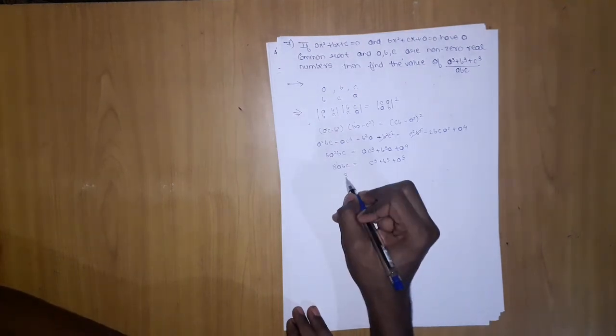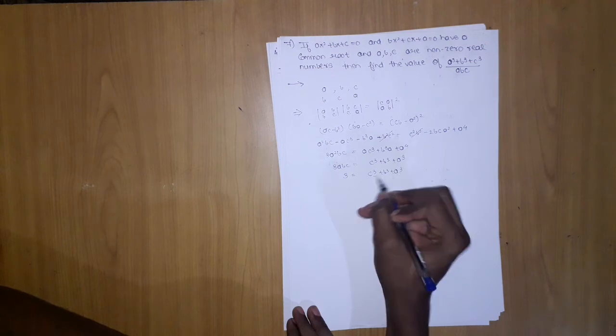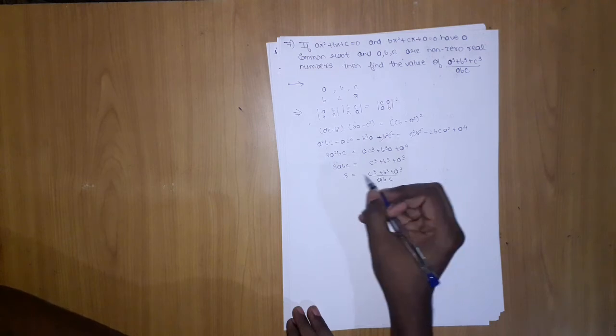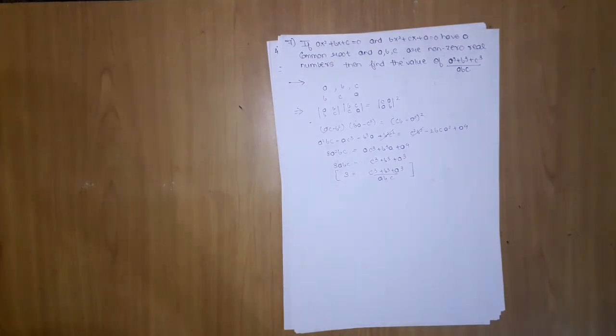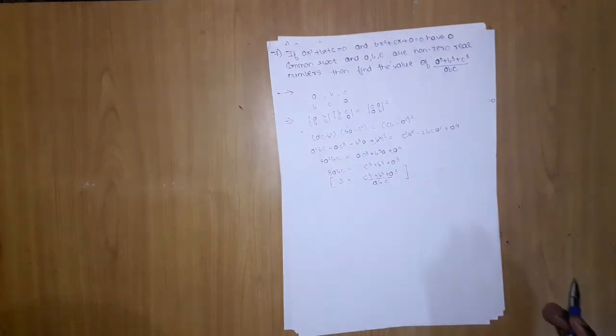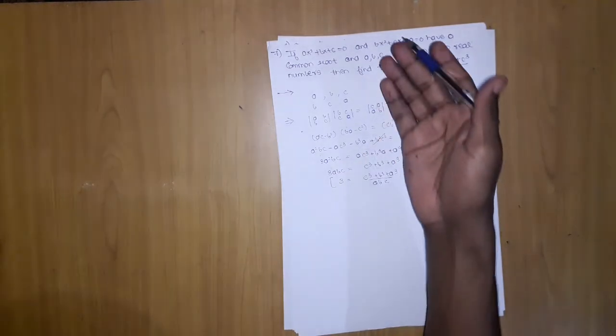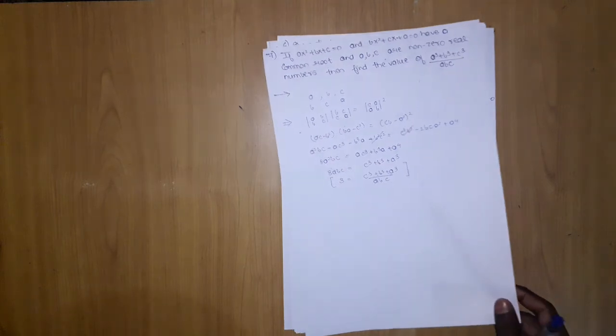So it will be equal to 3 as c cube plus b cube plus a cube upon abc. Okay, so we got its value. So we are done with question number 7. I just applied the common root condition, because there is no other approach. We cannot subtract it because there are a and b coefficients, as we have done in many questions of common root.